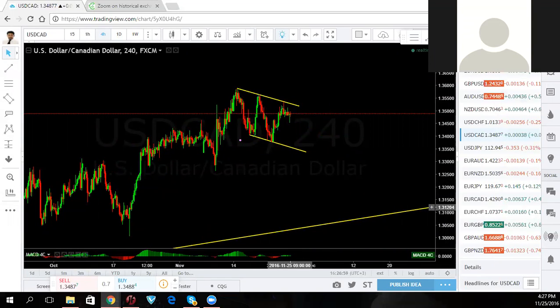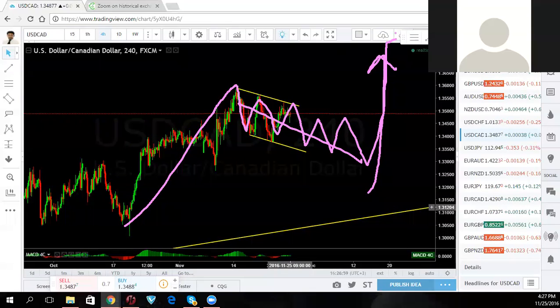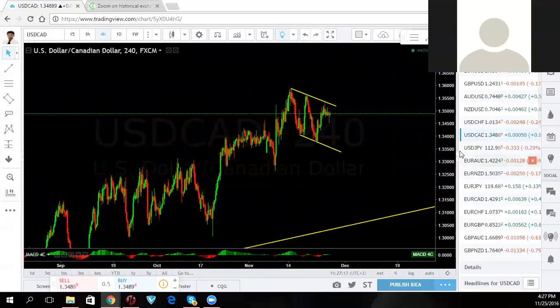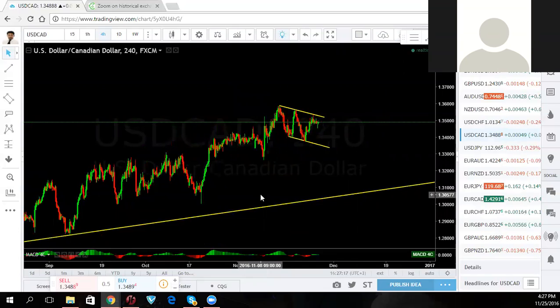So what is this pattern now? This pattern is telling me there's a likely chance for more upside. Remember, you're going to have an impulse and a consolidation, and you could have one more up. Should I sell this down? Definitely. If I get a good sell setup, I'll take the sell to the downside.